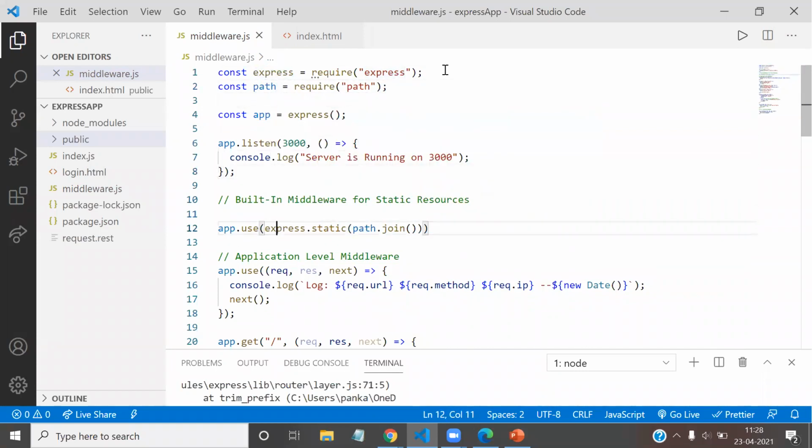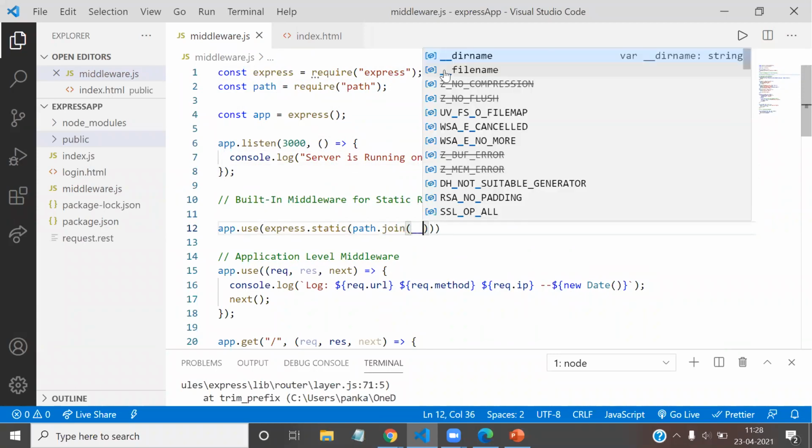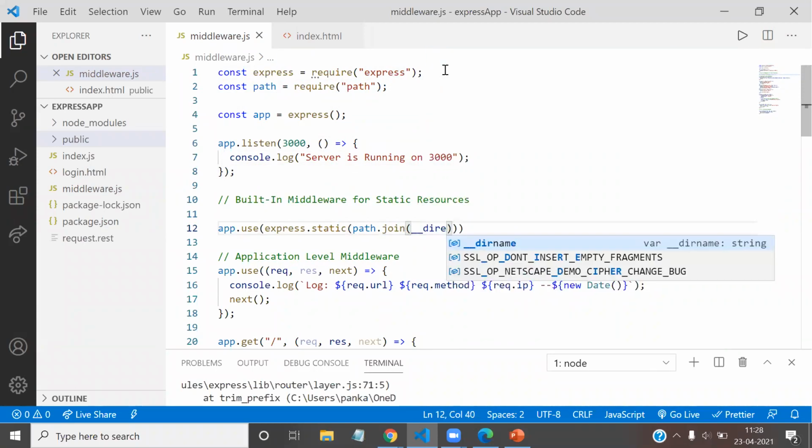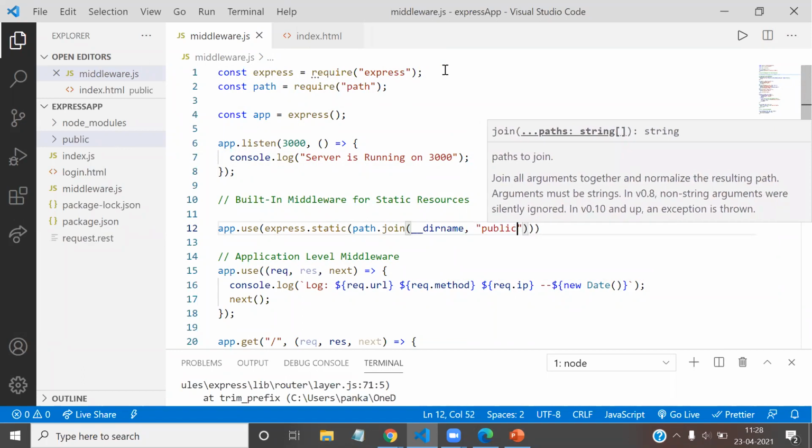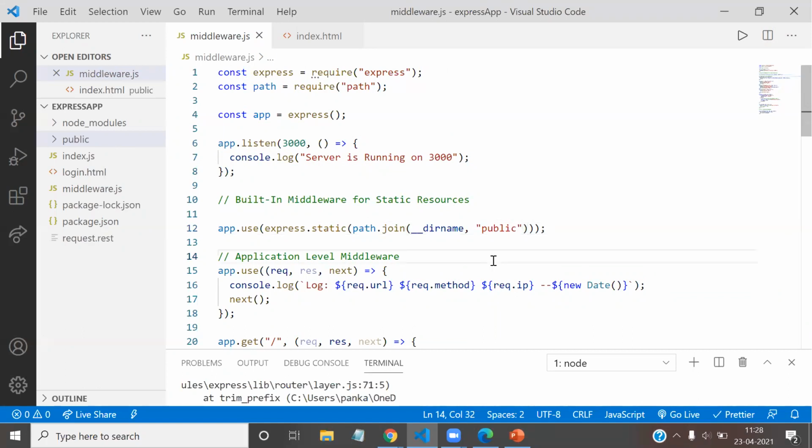Okay, so we will use path.join, and now I want to get the base URL of the application, so that will be handled by the __dirname global variable, and now I use public as a static resource, as a static folder for this application. Okay, now let me save the things. Now I hope when I go to the home page, it will be sent as index.html as a static resource. Let me save the code, and here I'm going to the home page. See, now I will get the home page.